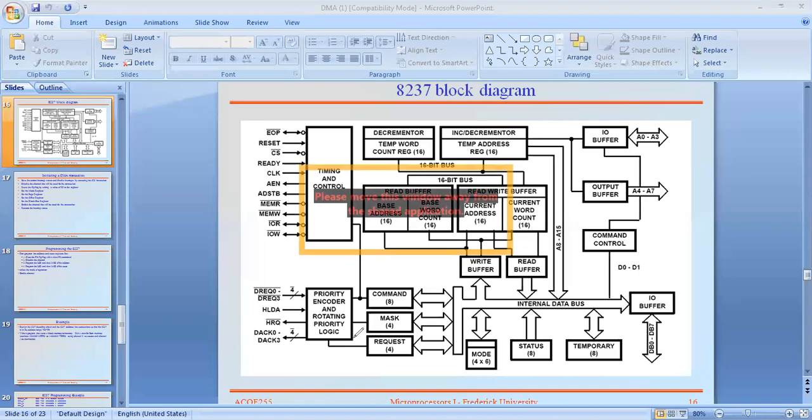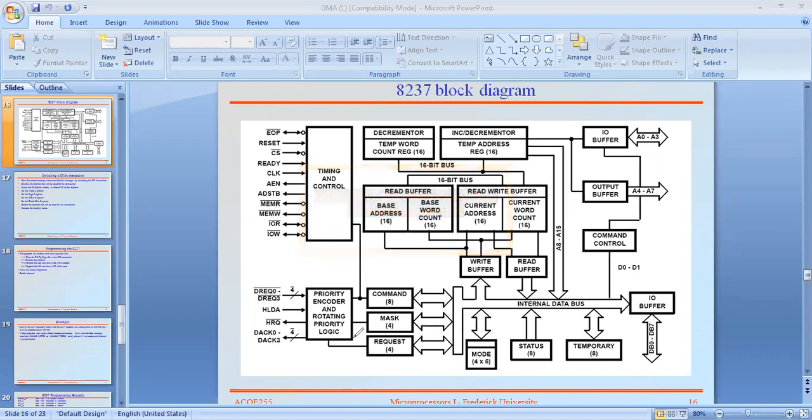What additional controls does it contain to communicate with the master? Data request and data acknowledgement always deal with external IO devices, whereas to deal with the master, the same signals are not used.